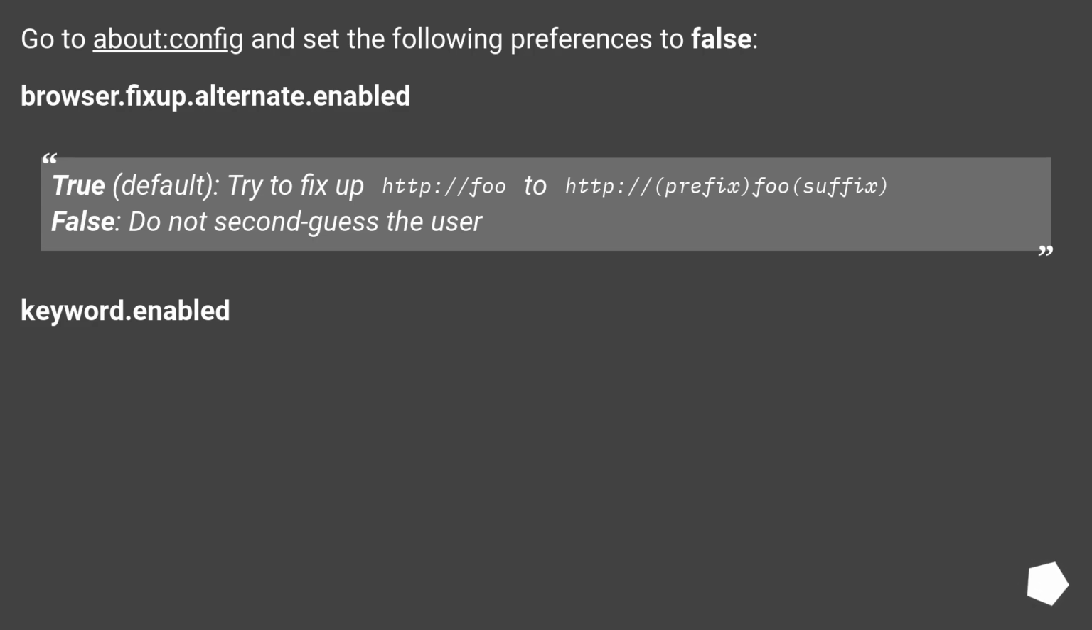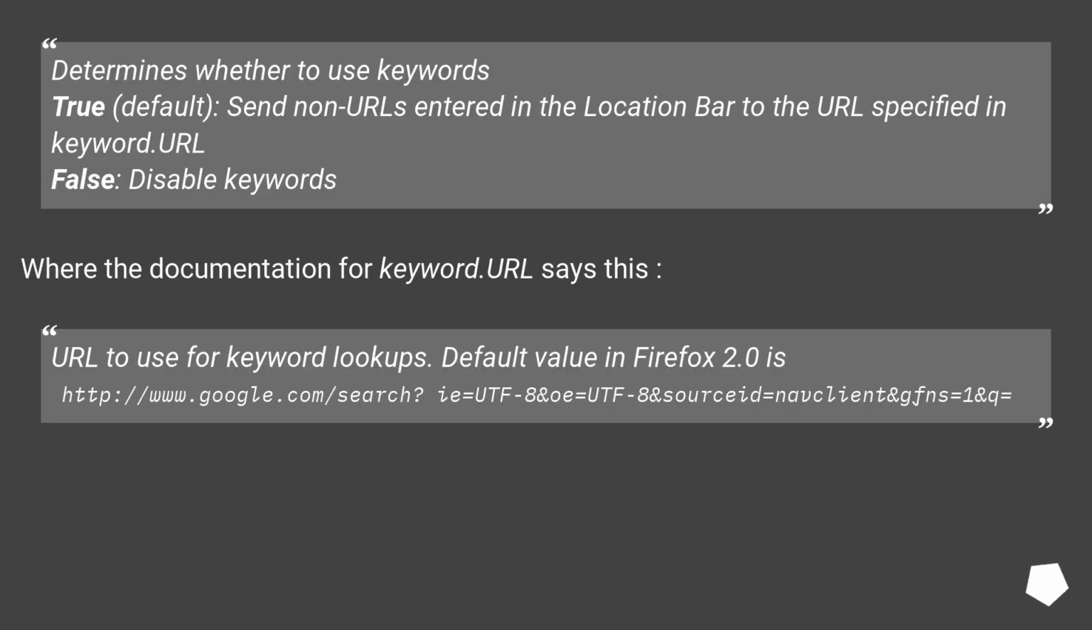keyword.enabled. Determines whether to use keywords. True. Default. Send non-URLs entered in the location bar to the URL specified in keyword.url. False. Disable keywords. The documentation for keyword.url says this: URL to use for keyword lookups. Default value in Firefox 2.0 is http://www.google.com/search?ie=utf8&oe=utf8&sourceid=navclient&gfns=1&q=